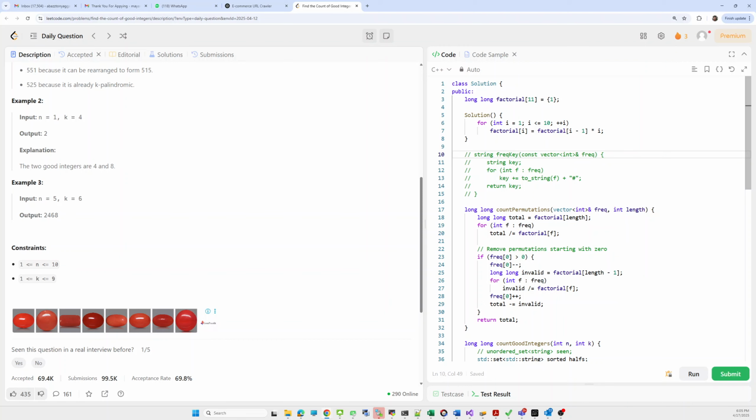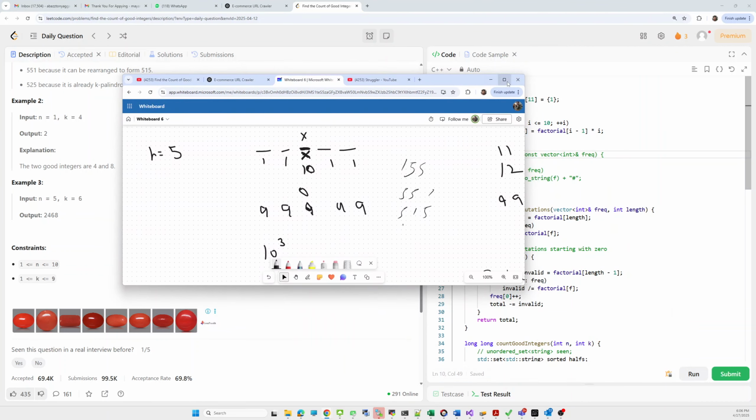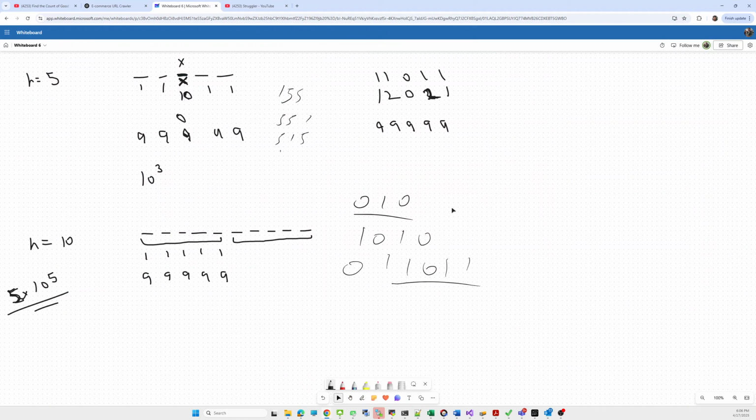For 2, the number will be divisible by 2 if its last digit is divisible by 2, and similarly for 3 and 6. I was thinking of this type of approach in the beginning, but that was not working. Here the approach is simple brute force, but with a little trick.